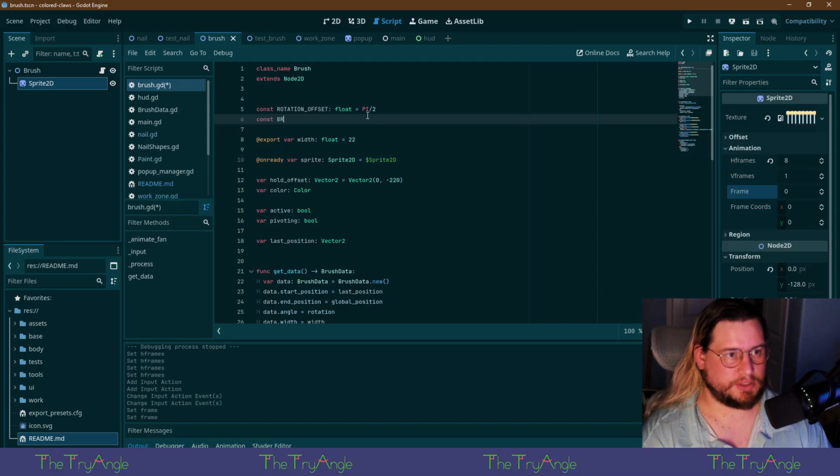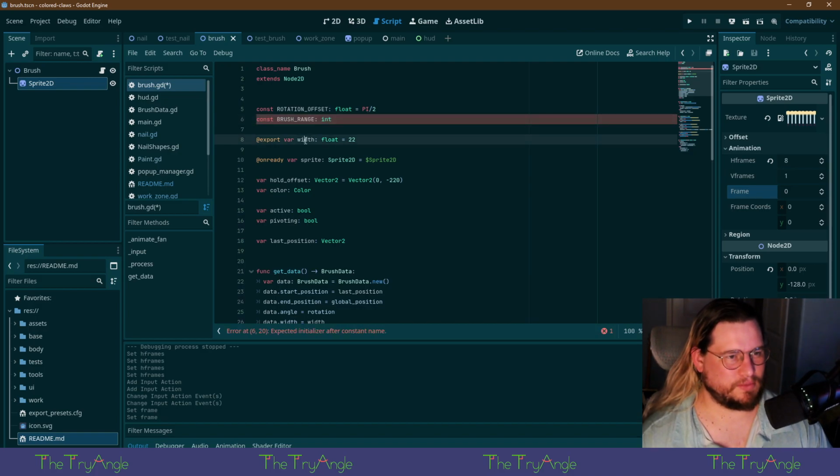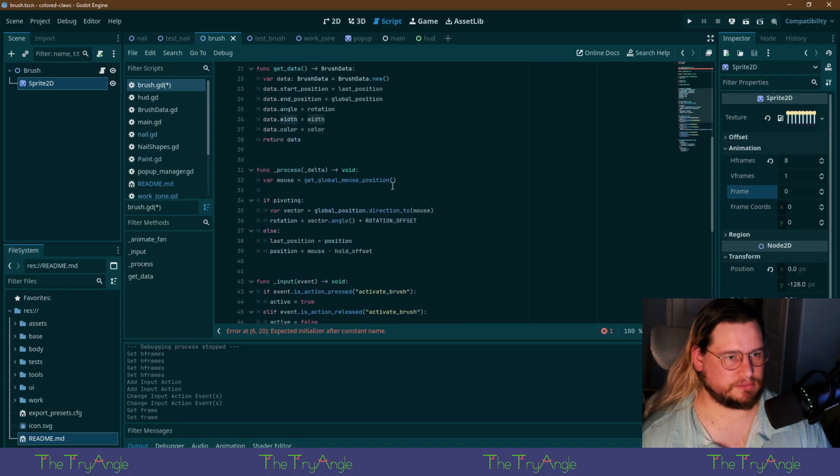Let's see here. Brush. Range. When is width ever not going to be a float?